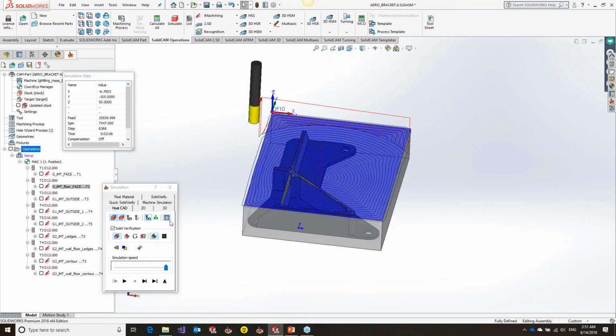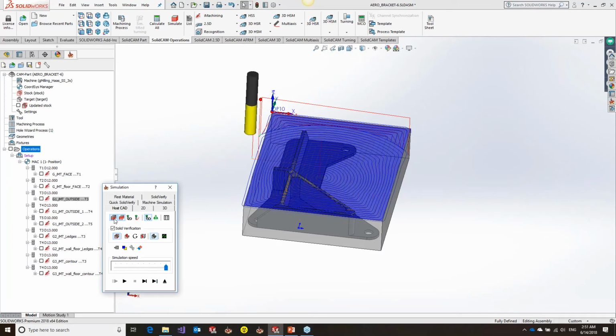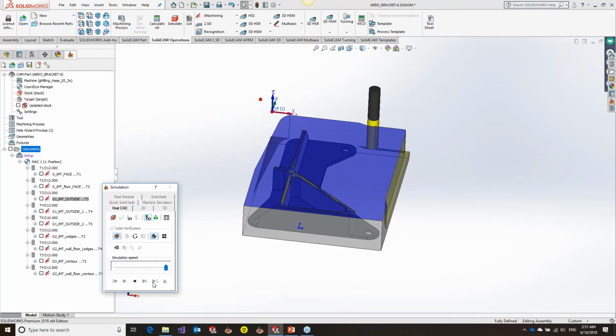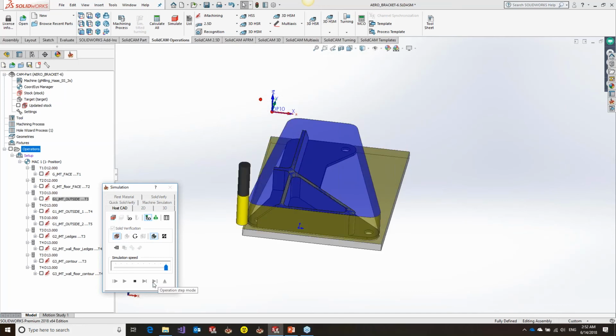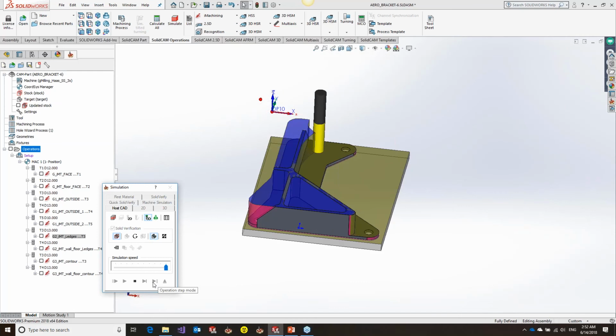Okay, we get the facing of the top, the finishing of the top. I will turn off the tool path. We get the roughing of the outside. We get the finishing on the wall, corner finishing, then we get our ledges, doing the roughing, doing the finishing, doing the roughing for the center pocket, and doing the finishing. So simulation looks good, but of course, one of the main things people are going to